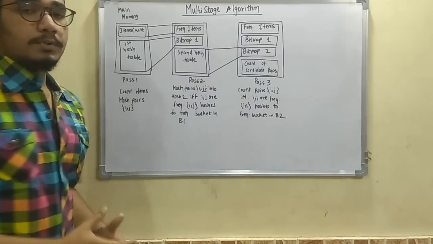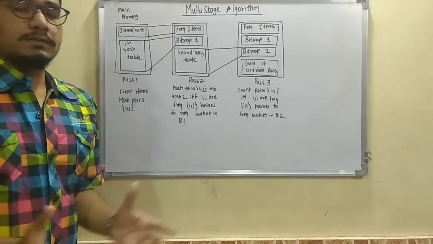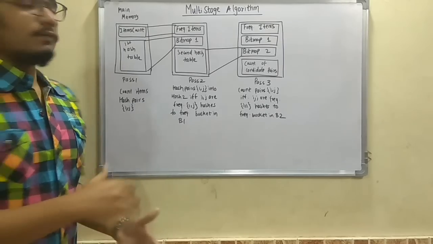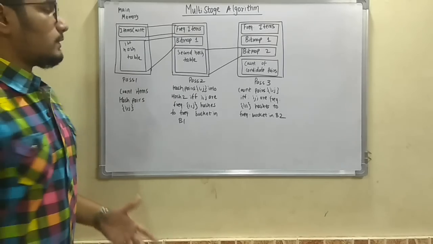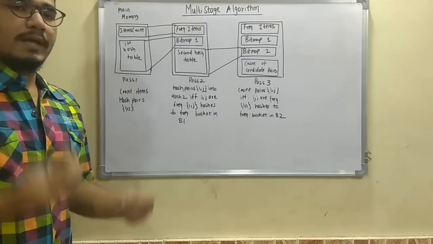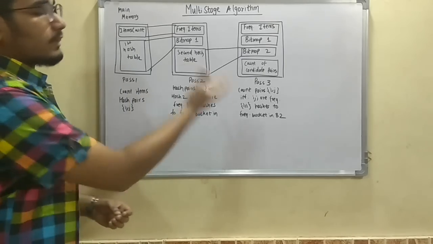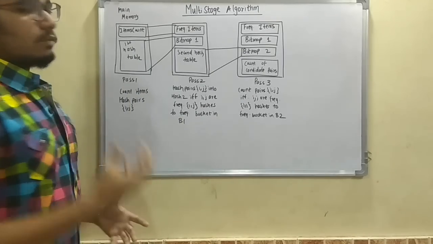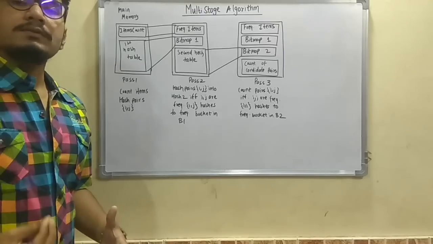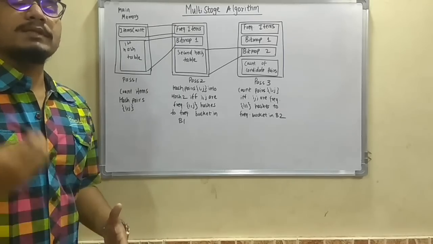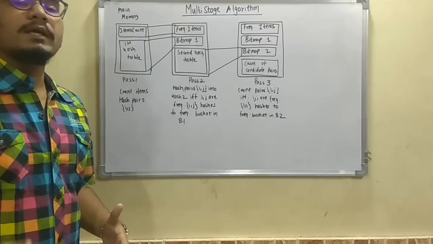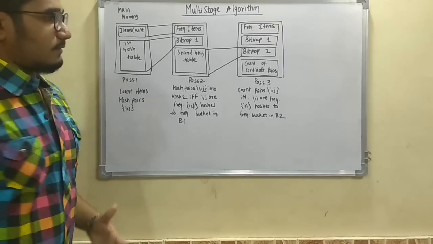After the output of pass 2 we have a bucket B1, which will output only those pairs that will qualify for pass 2. So after pass 2 we have those items which are required for the final pass 3. Ultimately there will be fewer false positives and fewer false drops, so that is much more efficient for managing memory and for faster execution and processing.